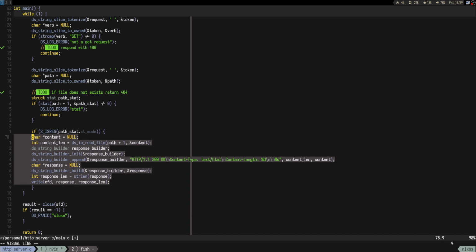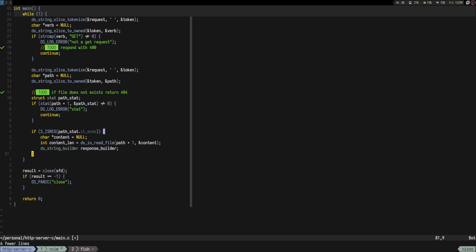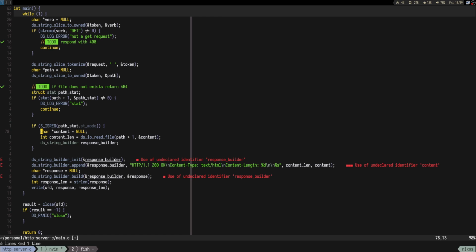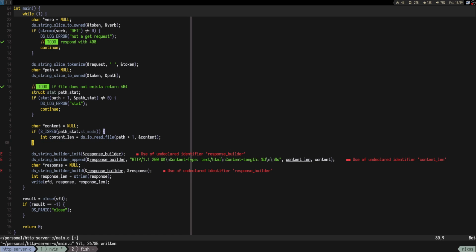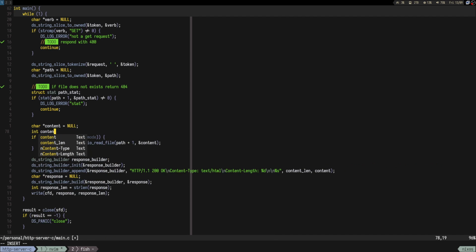with the response. Could we just have something like this at the end, and then maybe content, oh, this one here, and then content length should also be defined outside. So int content length is equal to 0,